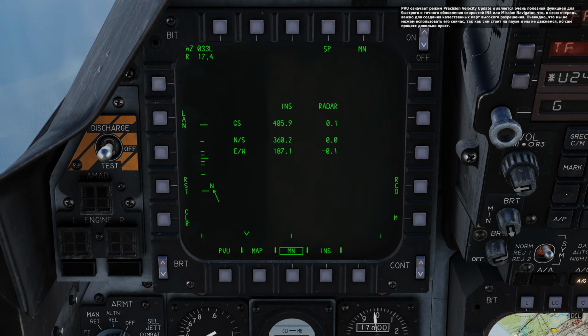PVU stands for Precision Velocity Update Mode, and it's a very useful function to quickly and accurately update the INS or the Mission Navigator velocities, which in turn is important for building good quality, high-resolution maps. Obviously we couldn't use it now since the sim's paused and we're not moving, but the process itself is pretty straightforward. Okay, press push button 6 once more to return to RBM mode,